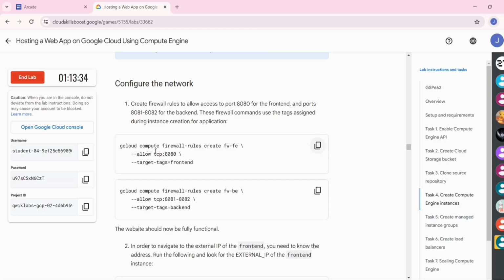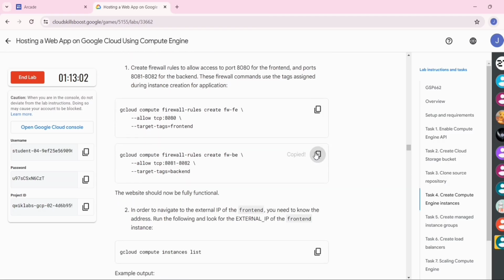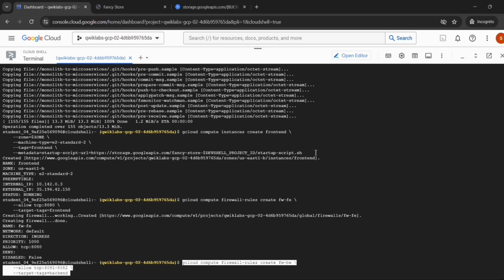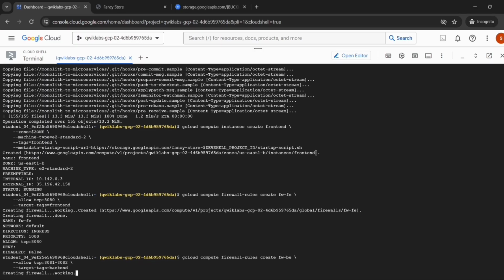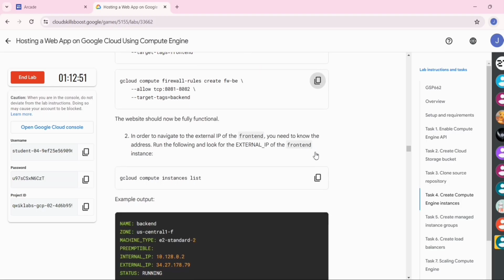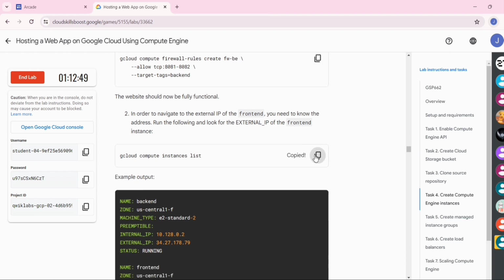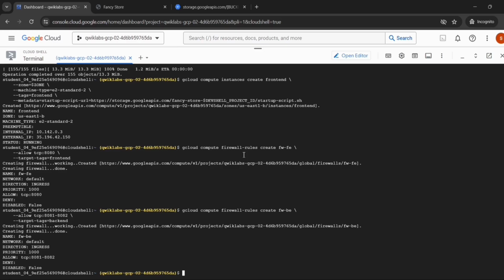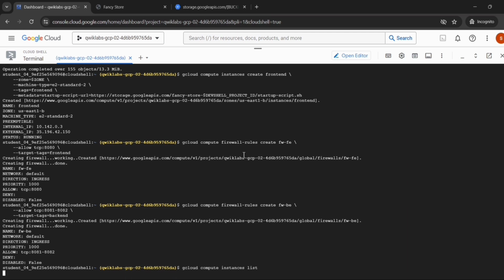Now go back to the lab instruction, copy the command, go to the shell, paste the command, then press enter. Now go back to the lab instruction, copy this command, go to the Cloud Shell, paste the command, then press enter.